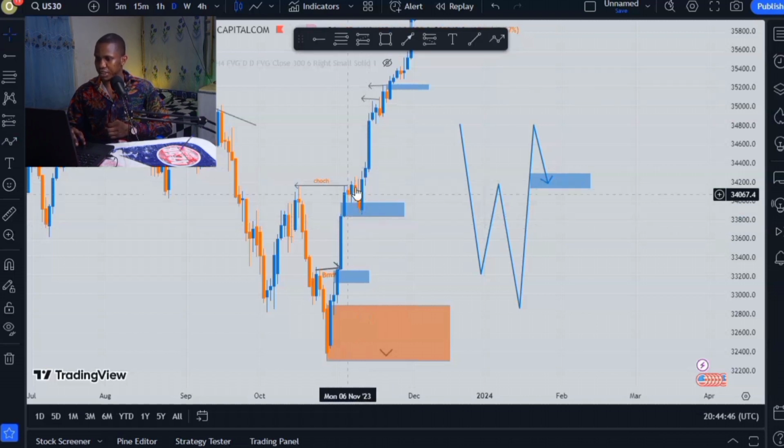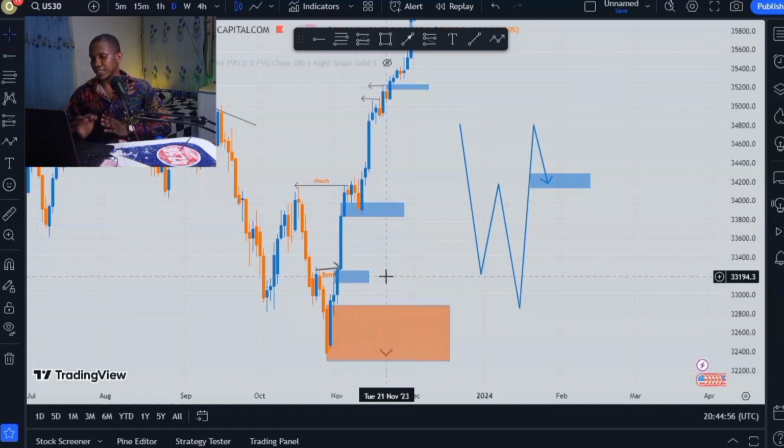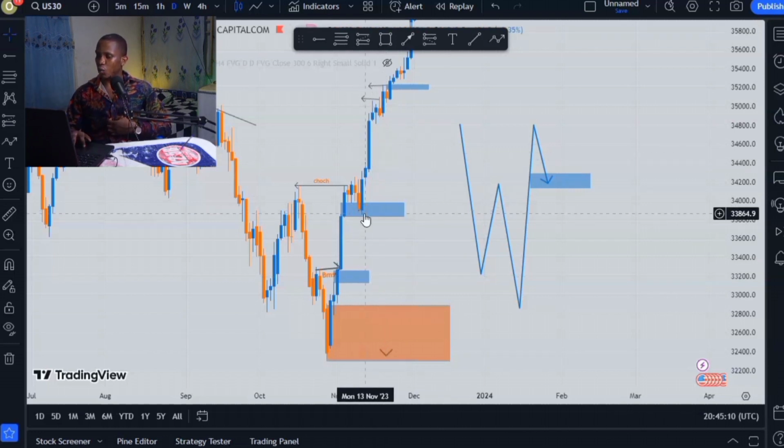No break off, no BC, something here. Thing is, once it comes to here, we are buying. If it breaks, we are not buying, we are not selling until the market breaks this low here. So we want the market to come back to our zone now, and we'll move to our lower time frame